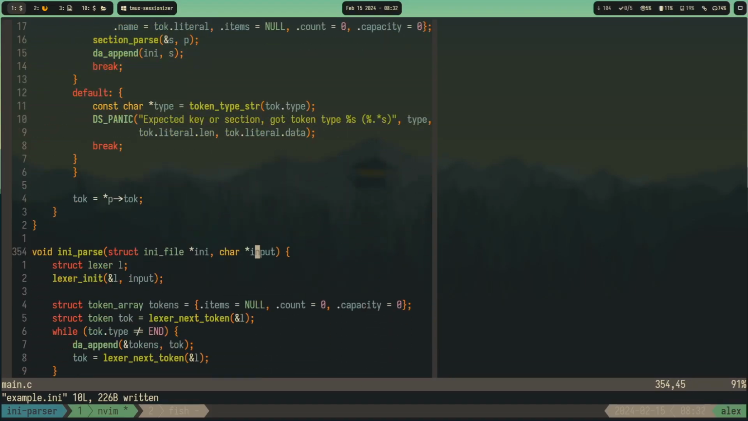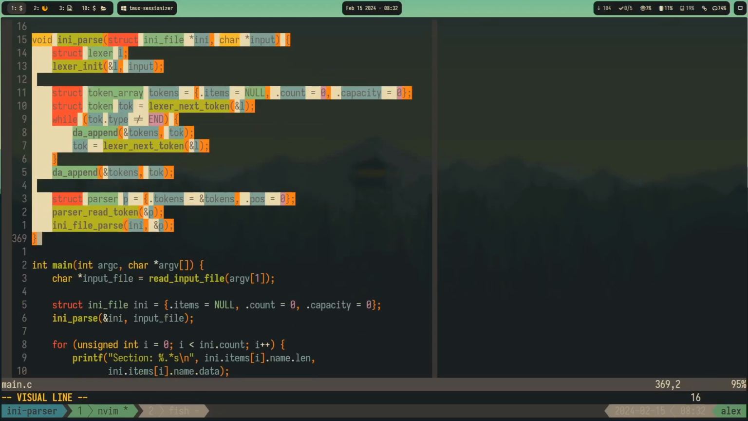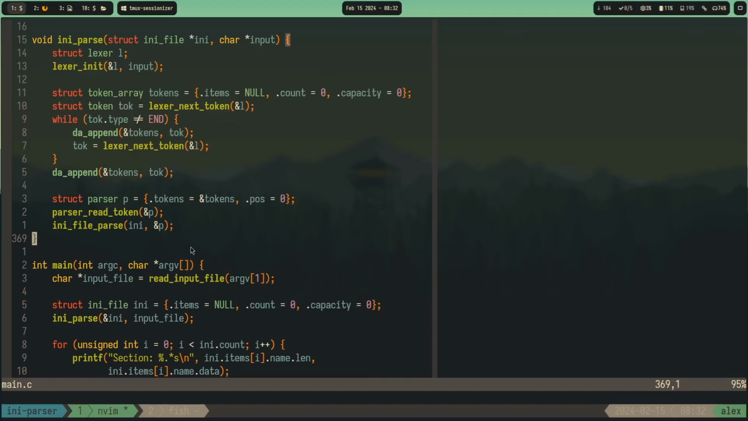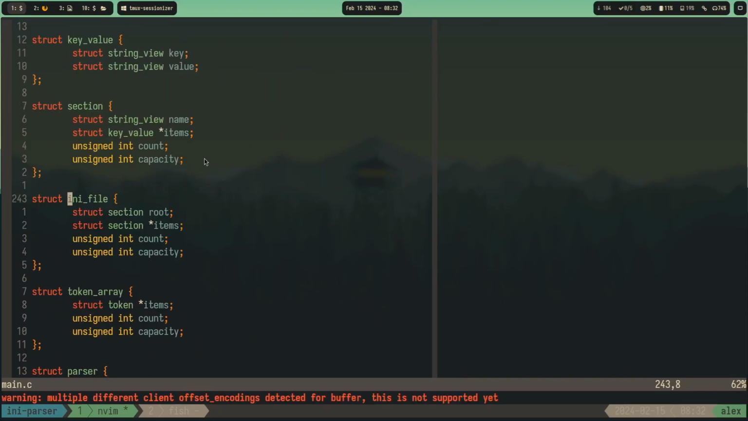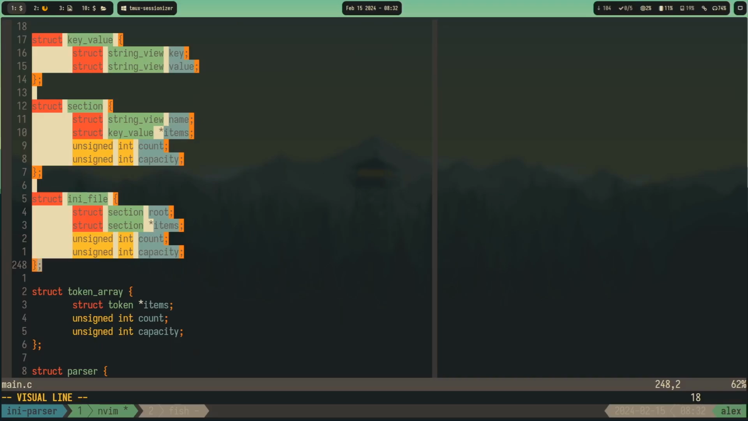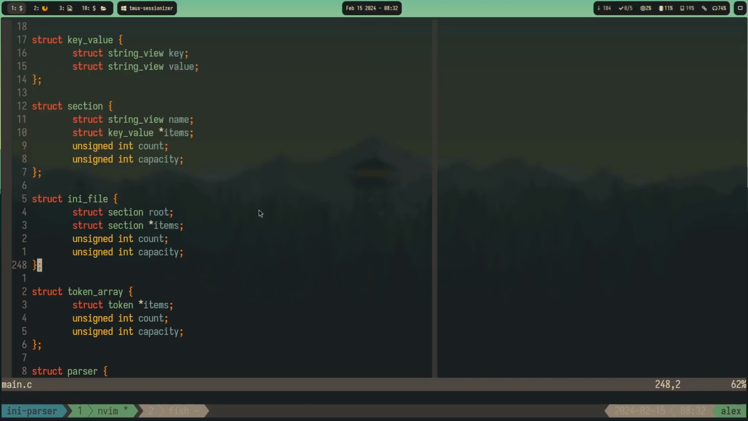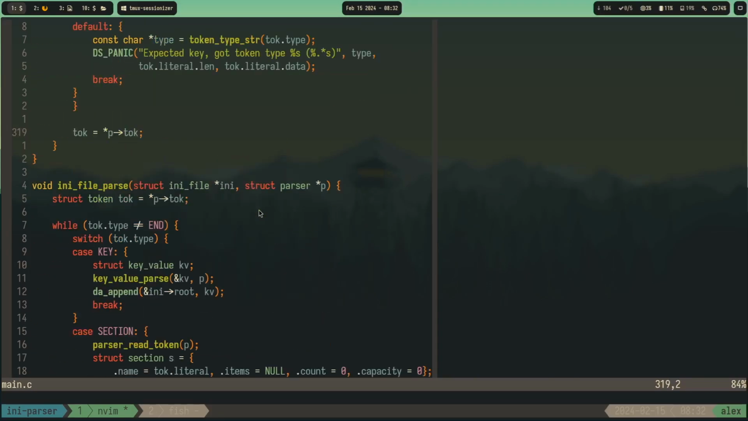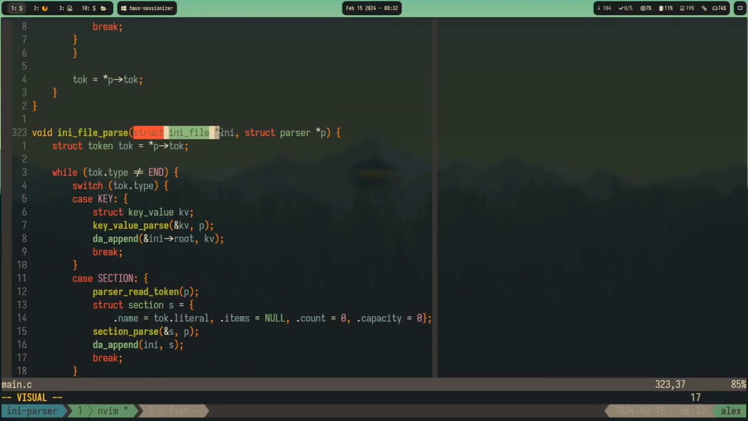Mainly the only thing that we need is this ini parse right here, and that means we need a structure ini file, section, and key value. We need these three structures to be exposed. Maybe we should have a function here that takes in a section name and maybe also the value. So something like,